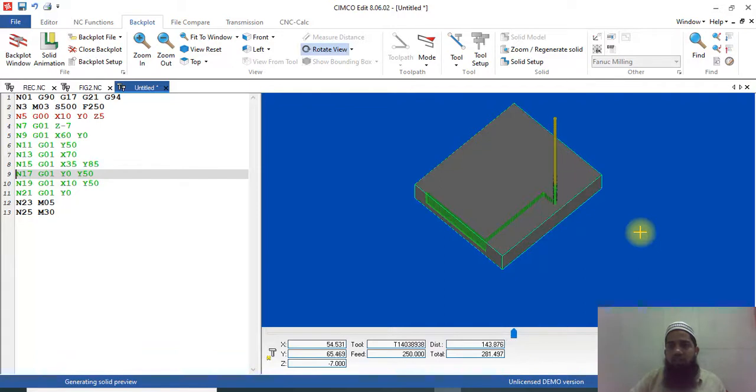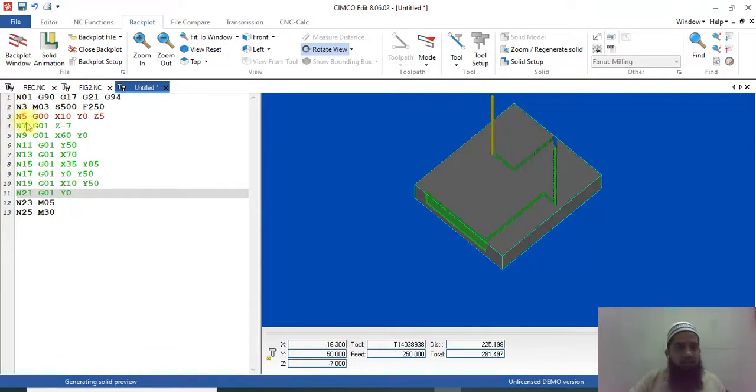You can see, as we have given the command, the same way it cut the material. Oh, a little problem is there. Just a minute, I think I made some mistake. See, this kind of problem we will face sometimes.